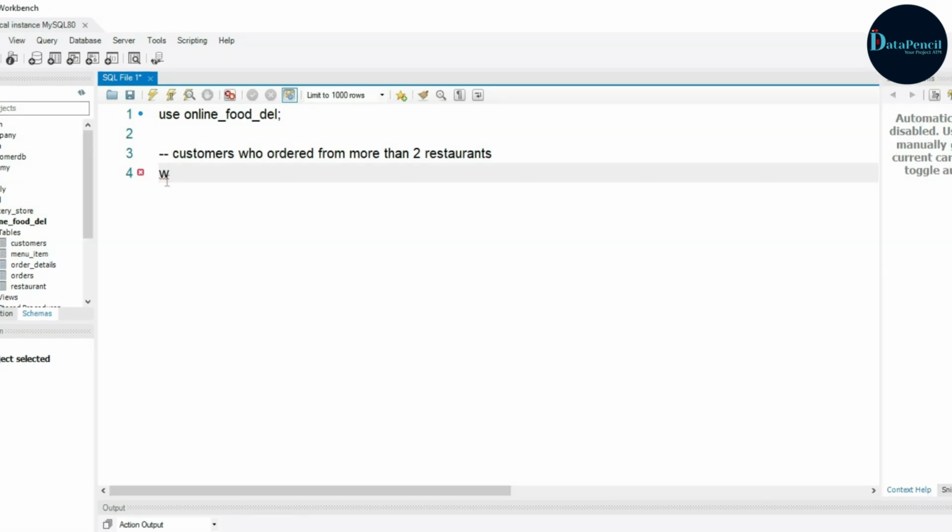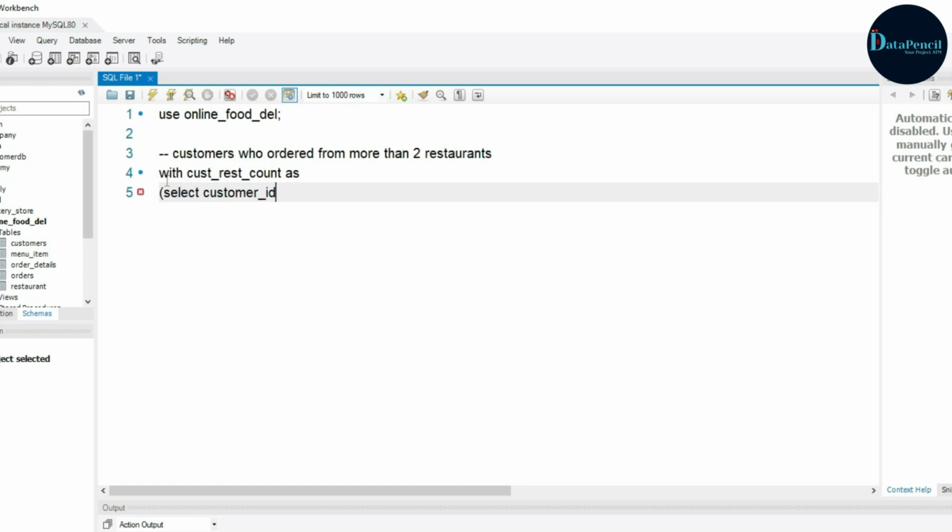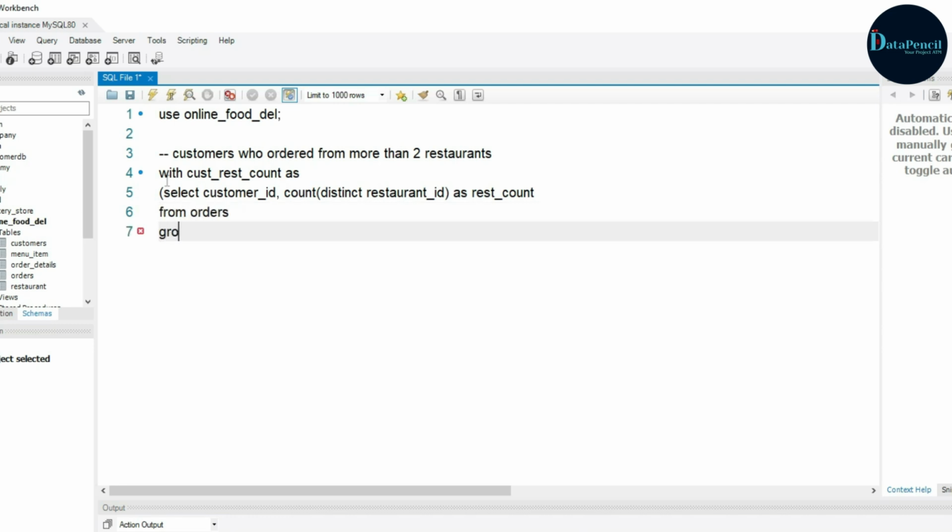So firstly we will create the CTE, and for that we have to write WITH, and let's give it a name. So I'm giving it customer restaurant count. Okay, now what this CTE is going to do, this CTE will basically count the distinct restaurant ID, and this counting will be customer ID wise. Okay, so we have to apply the group by customer ID. So let's write select and select the customer ID and the count of distinct restaurant ID as rest count. I'm giving the alias name as rest count, and from orders table now we have to use the group by